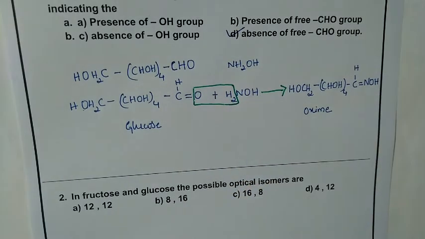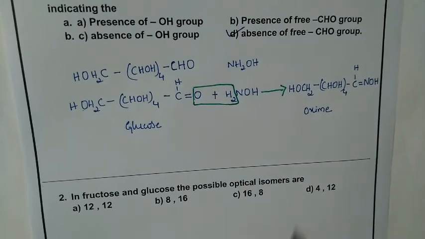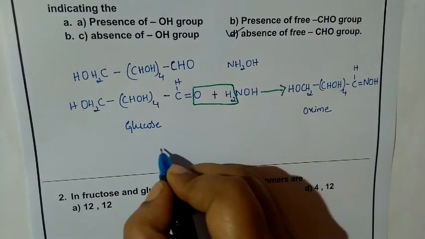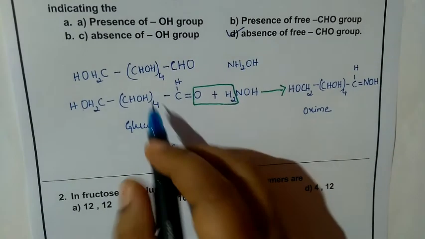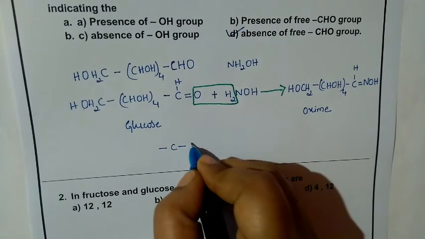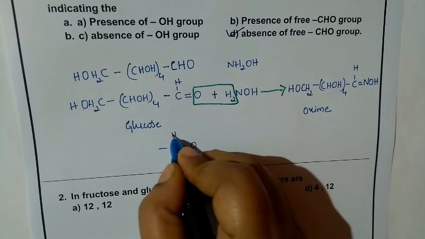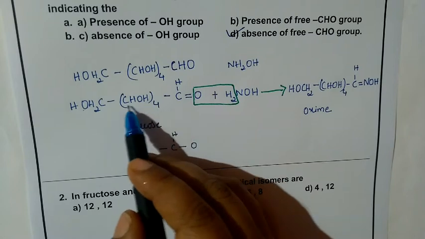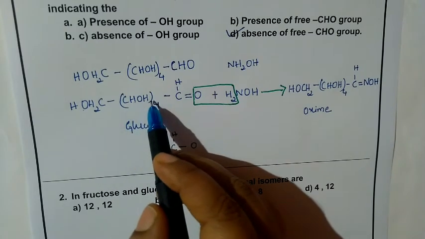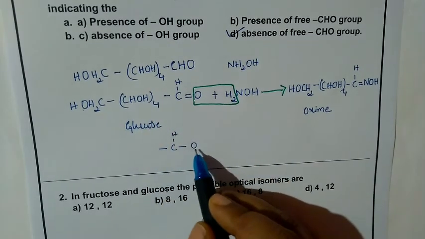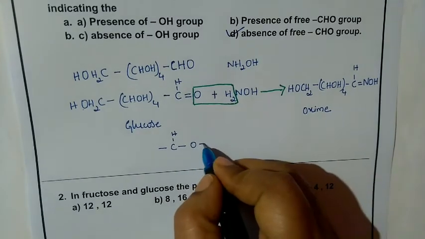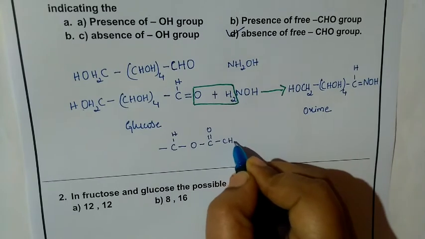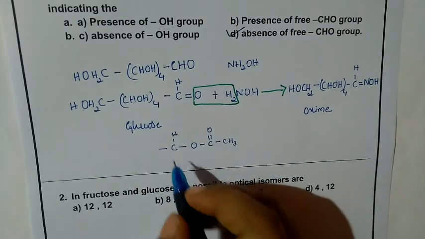So in the pentaacetate of glucose, pentaacetate means instead of this H, I'll show you only one part. Instead of OH, the acetate group should come. This part I am writing: CHOH, so for CHO, instead of that O, the acetate group will come. That is what happens when acetate comes.